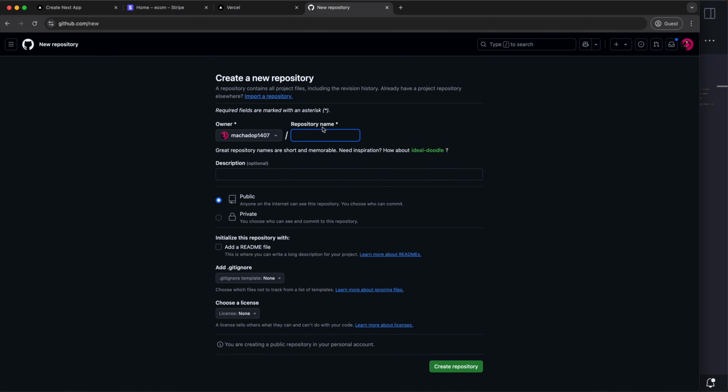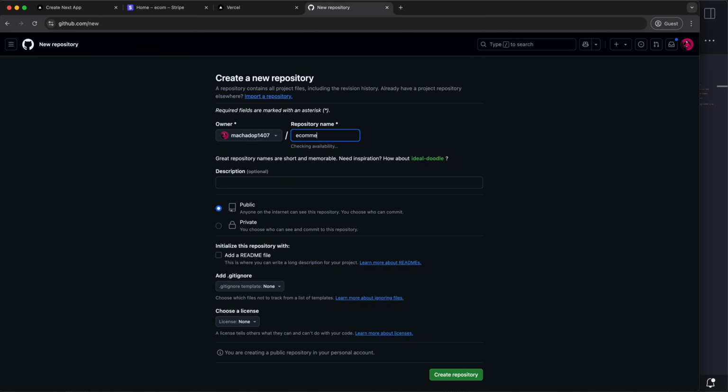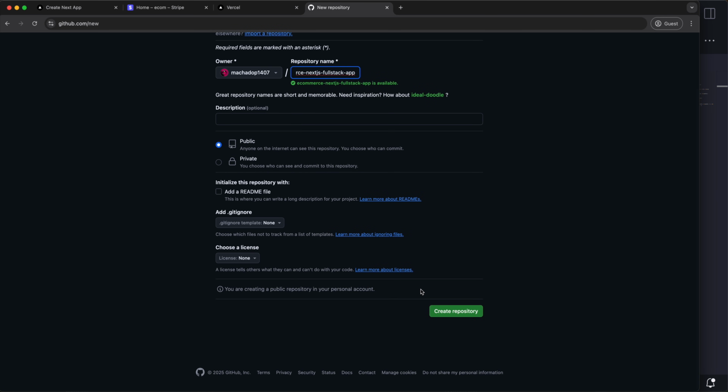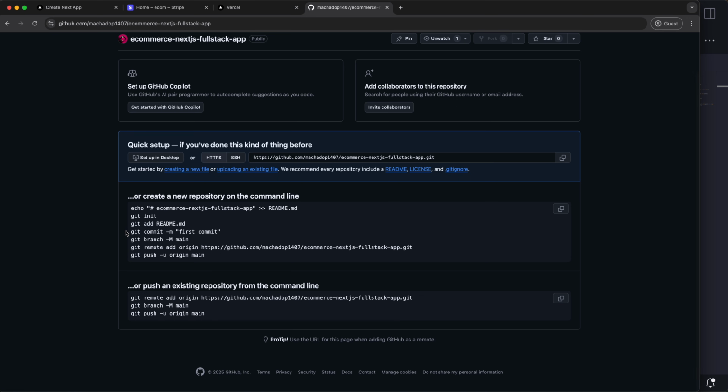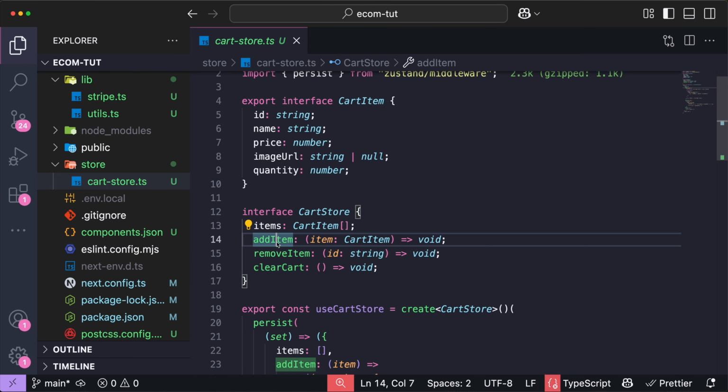So let's give a repository name to this. I'm gonna call it Ecommerce Next.js full stack app, something like that. And then I'm going to make it public, and I'm going to click on create repository. Then we want to copy all of this over here, go back to our code, and I want to do